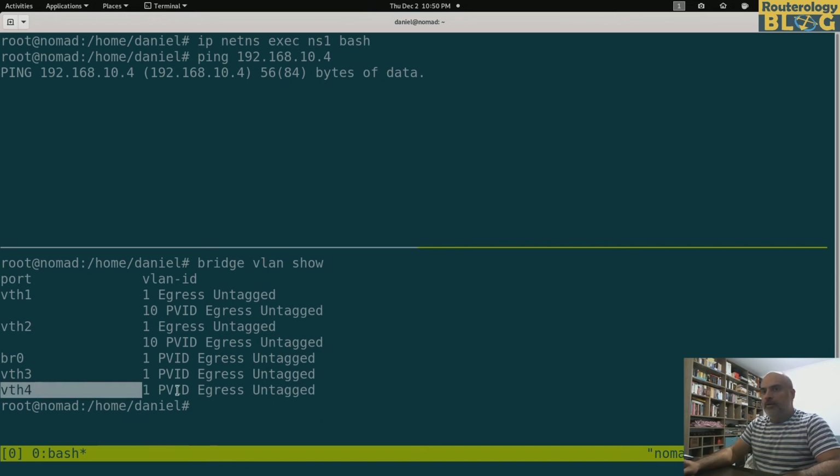So I want to reach this interface here. Let me add VLAN 10 as primary VLAN ID and see what's happening. bridge vlan add vid 10 dev vth4 pvid untagged